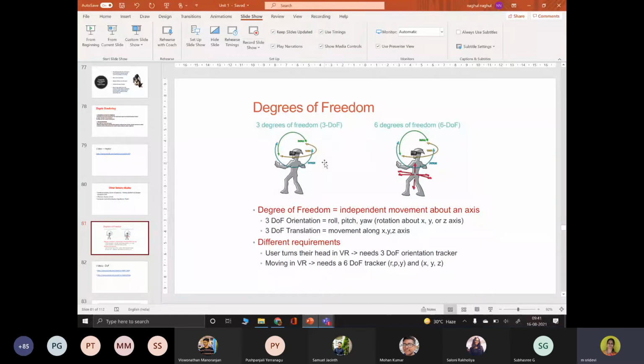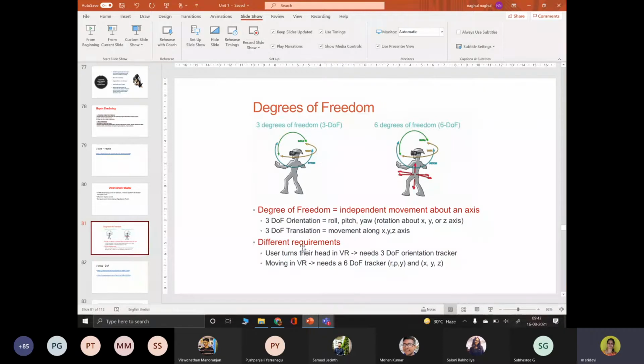So now you can see what the degree of freedom is. All VR systems will have a maximum of 6 degrees of freedom or higher than that is also applicable. 3 degrees of freedom are used for rotation with respect to the x, y and z axes, and another 3 degrees of freedom are for translation, movement from right to left or up to down, with respect to the x, y and z axes. So 3 degrees of rotation and 3 degrees of translation.